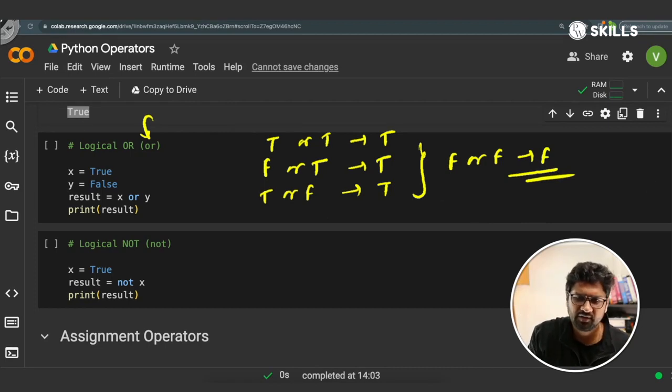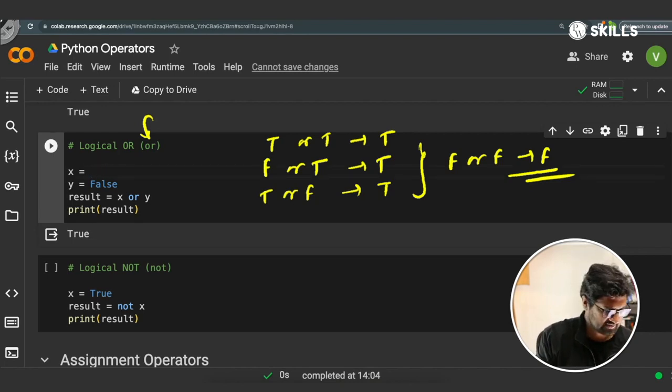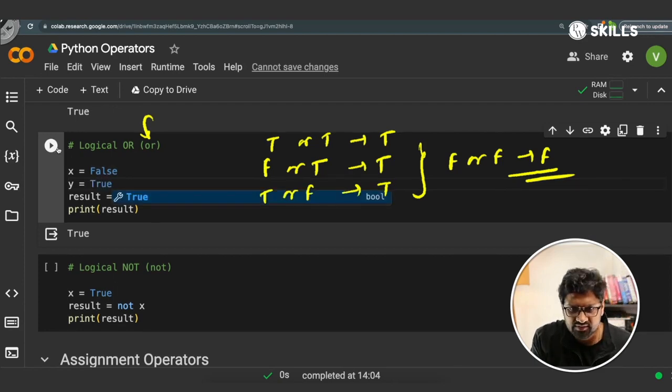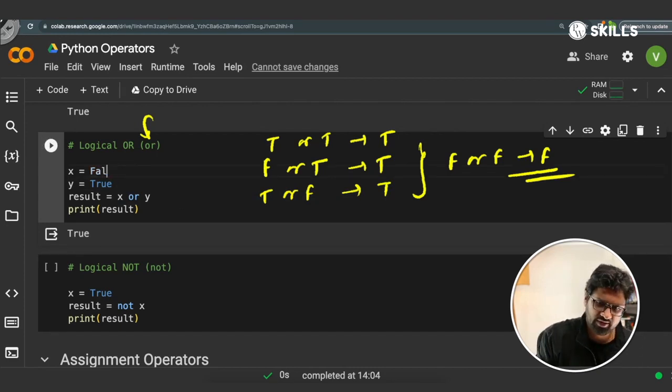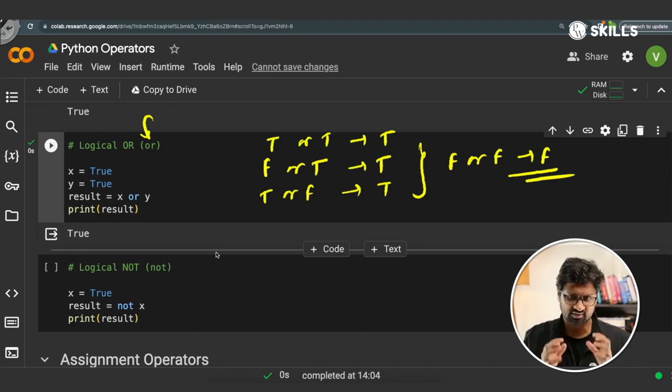तो यहाँ पे अगर मैं रन करने की कोशिश करूँ, since x is true and y is false, it should turn me true. If I go and change this, if I make x as false and y as true and run this, तो भी ट्रू होगा। दोनों अगर ट्रू है तो भी ट्रू होगा, राइट। When will it be false? और वाला लॉजिकल ऑपरेटर false तभी होगा जब both the variables are false.